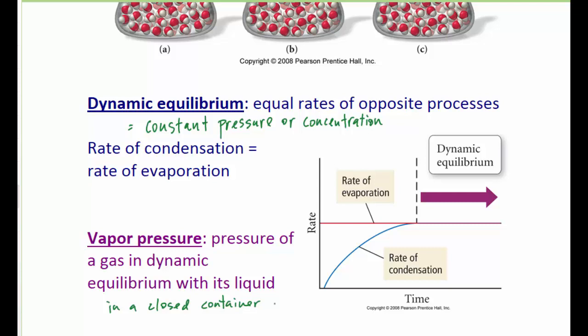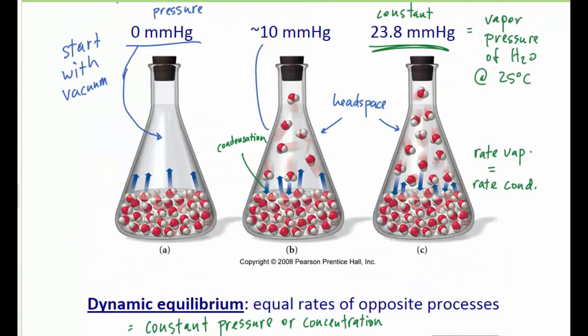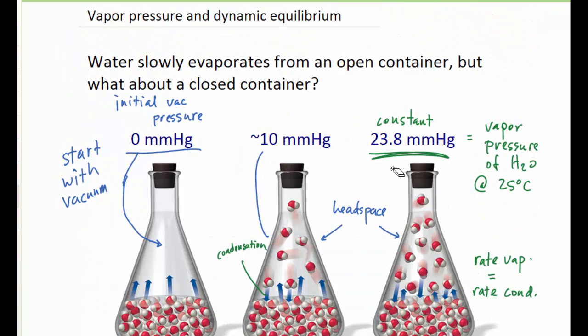That also means that if we have any liquid water present in a container and we hook a vacuum pump up to it, we can never pull a vacuum any more than 23.8 millimeters of mercury. If we happen to temporarily get more of a vacuum, we would just have more vaporization than condensation at that particular point,